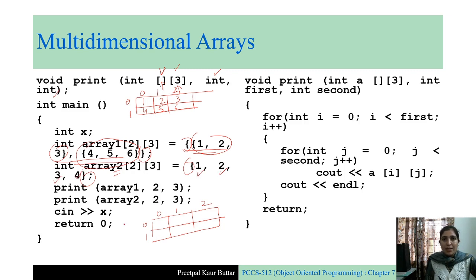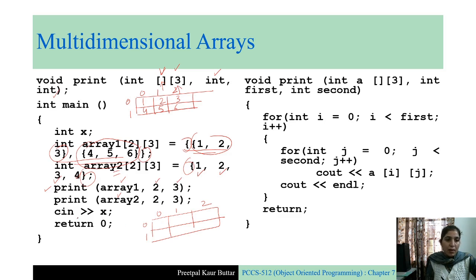If you do not know the answer, wait for some time. I will show it while I will be implementing it in code blocks. For the time being, let us see how to pass these two arrays to the function. The function name is print. In the first statement we are passing array 1. In the second statement we are passing array 2. And these are the sizes, the number of rows and the number of columns.